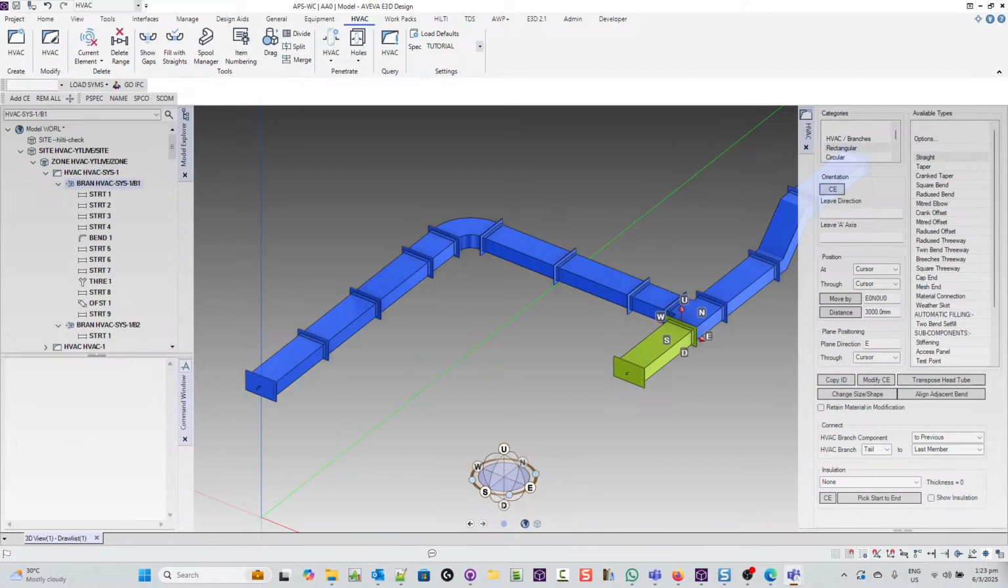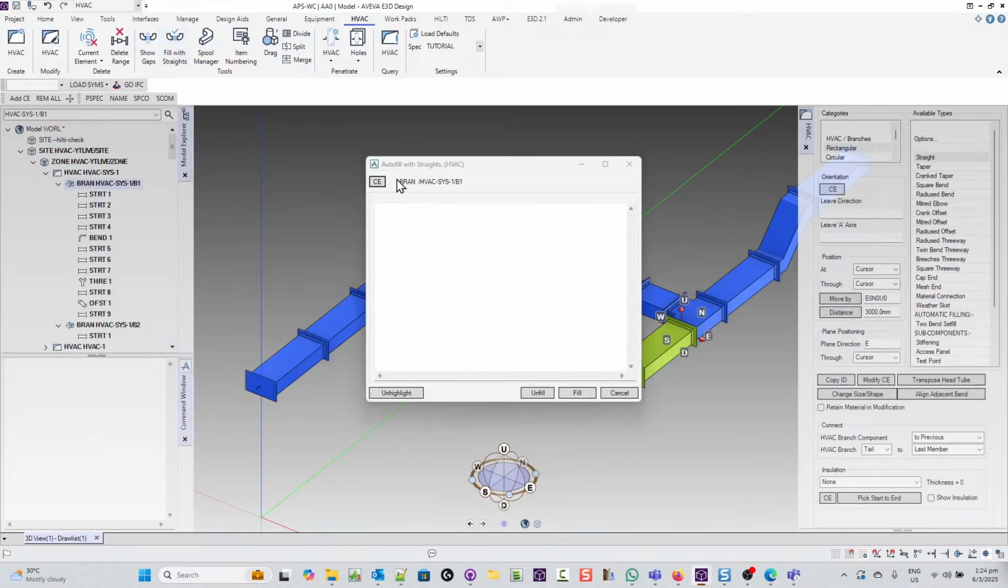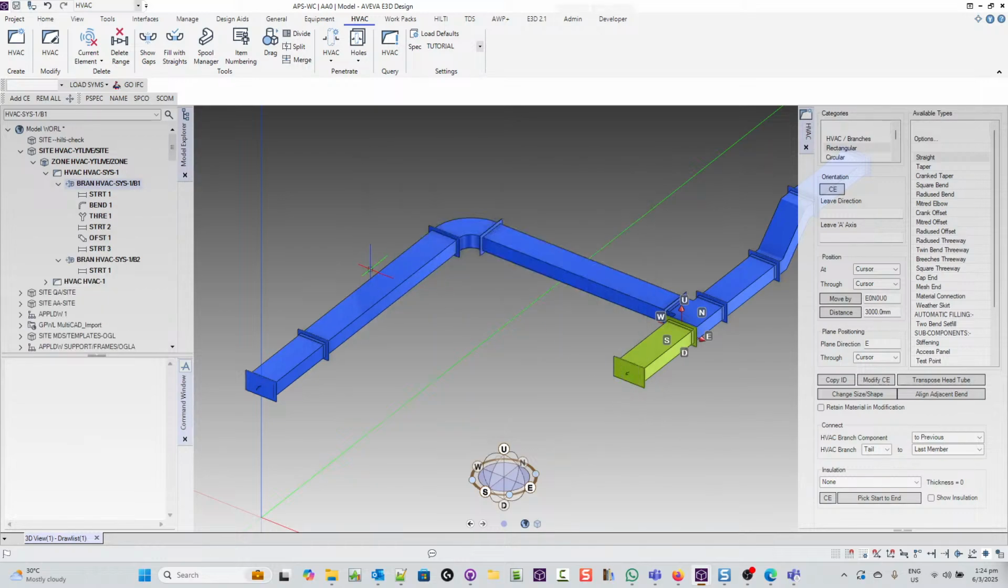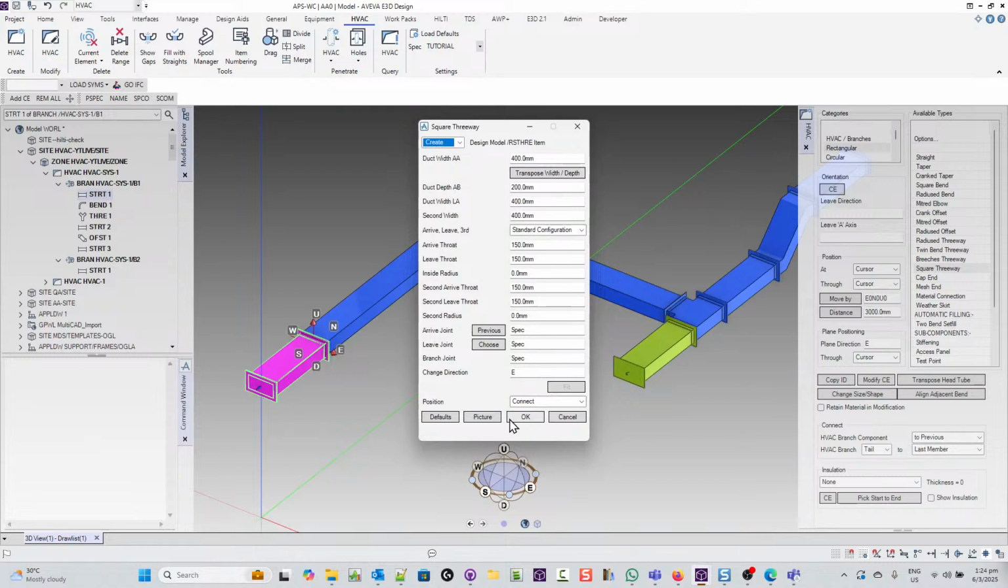If you want to modify something, let's say you want to add another T on here. So for example, you can say fill with straight. Okay, and then you say unfill. All right. So all these are unfilled. So you can go back to here, and then you can say you want to create a three-way component, square three-way, and then you can say, all right, you want it to be, okay, you can see, let's take a